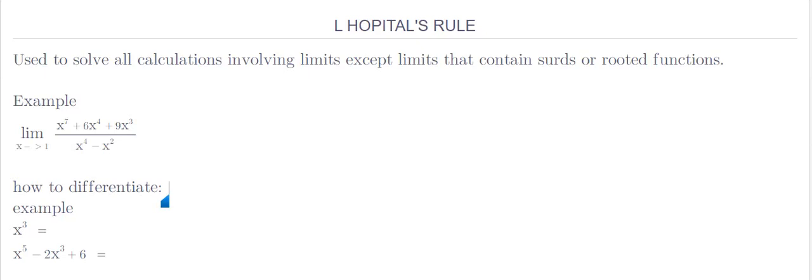Today we want again to look at L'Hopital's rule, the third method of evaluating limits. Now this is the simplest and the easiest and the most general method that can be used to calculate any given limit, so long as the limit is not a surd, or in short, it is not a rooted function. Any limit of a function that has roots, we don't use L'Hopital's. For any other limit, whether trigonometric or any other kind, L'Hopital's rule is applicable, and it is very